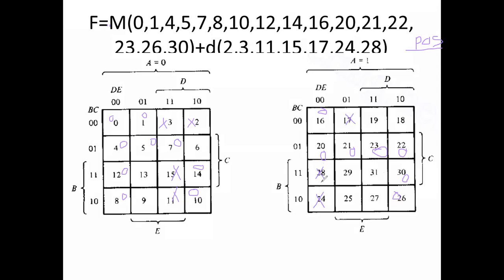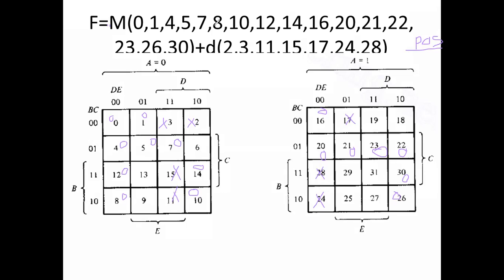Now we try to group. Is a maximum of 32 adjacent zeros possible? No, not possible here. So go to 16 adjacent zeros. Observe this: if cell number 6 had a 0, then 16 adjacent zeros would be possible here, but cell number 6 is empty, so that is not possible. So go to octet, that is 8 adjacent zeros.